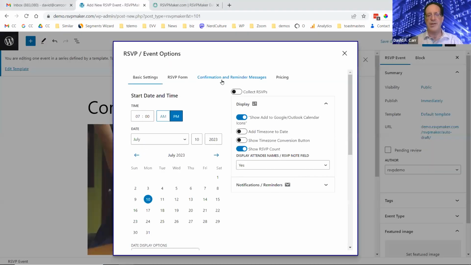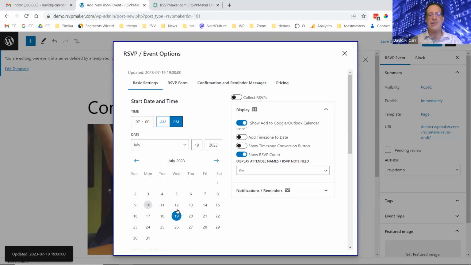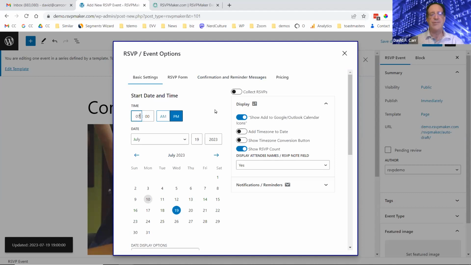And some of you from the Toastmasters context have worked with these templates, where it's a template for a Toastmasters meeting. But again, it could be anything. And so this is popping up, and right now it's just showing today's date. But I can set up whatever event date this is going to be. So this is going to be 2 p.m. Maybe it's meant to be after school, and it's in person, so we don't need all the time zone stuff. But these are all options you can set.